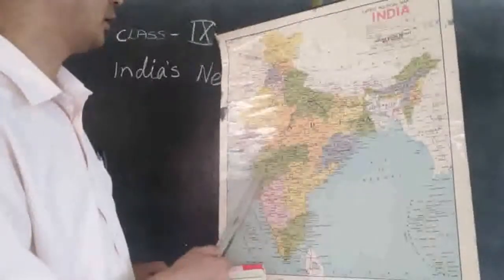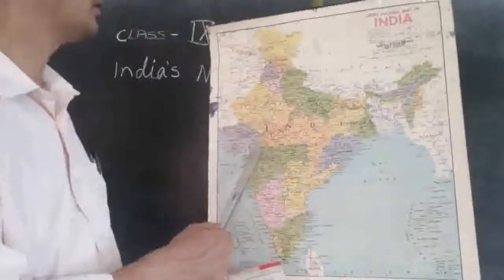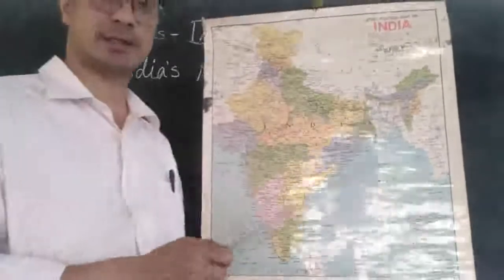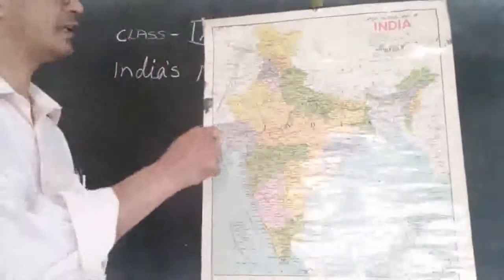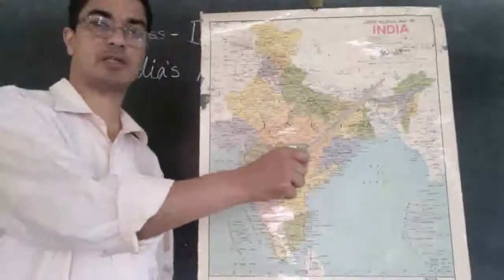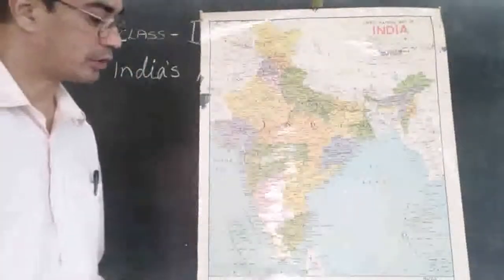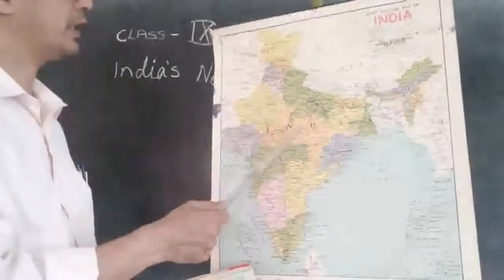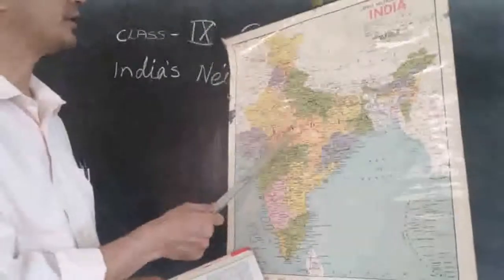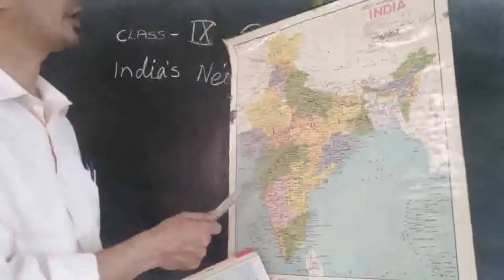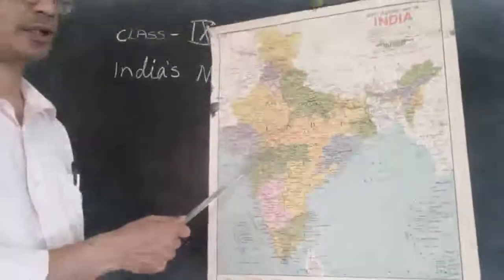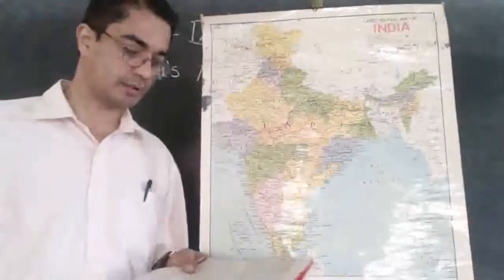I think these are the two states that do not share border with others. All other states are either sharing an international boundary with other countries or have a coastline. So this state called Madhya Pradesh is not sharing a boundary with other countries. Then